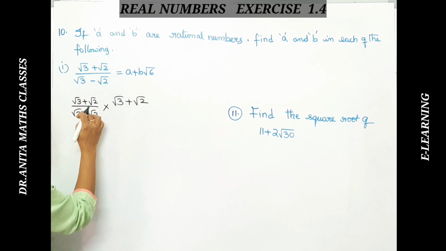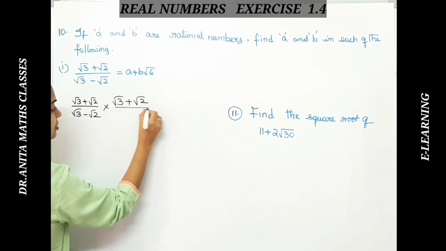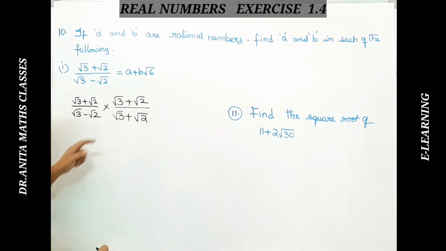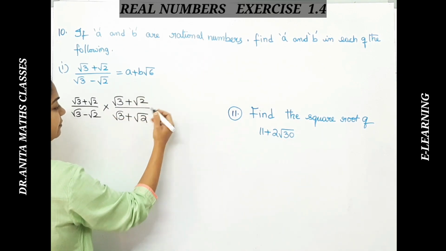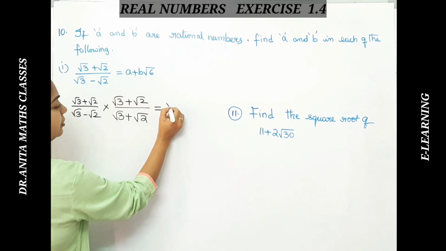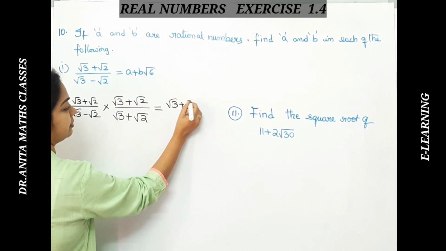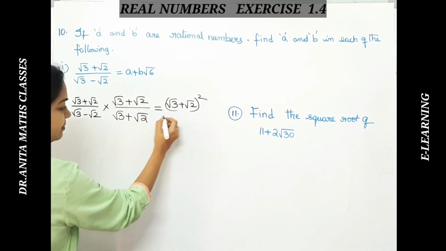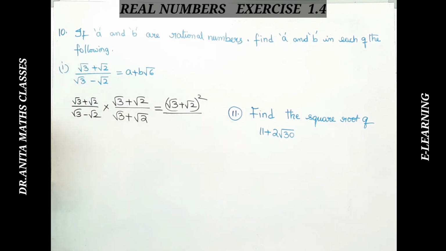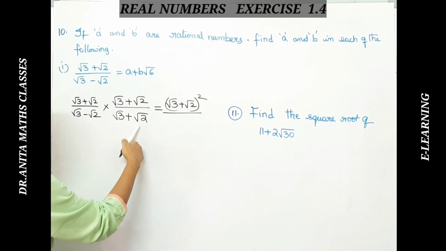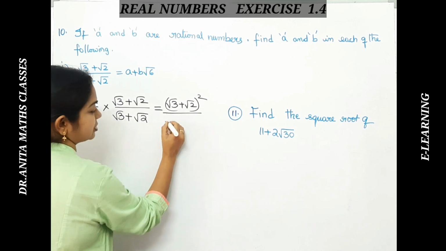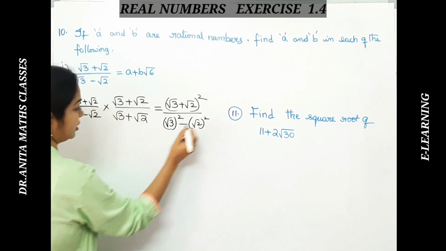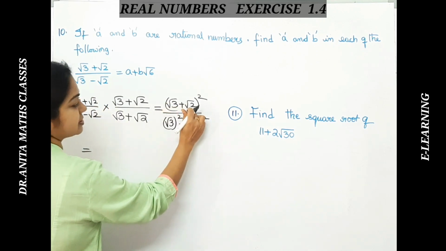So I am rationalizing the denominator. If it is minus, it will be plus. This is called the RF, or it is also called the conjugate. Right. So rationalizing the denominator, I am multiplying and dividing with the RF. Now in the denominator, root 3 plus root 2 whole square. Both are the same. This is a minus b and a plus b. So according to the algebraic identity, a minus b into a plus b is a square minus b square. So that is here a square minus b square. So we get here a plus b whole square.